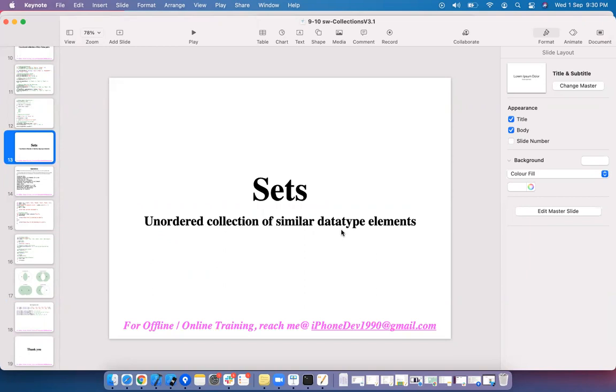You cannot have dissimilar elements, and you cannot also have the duplicate elements. Whereas in arrays, you can have the duplicate values. Whereas in dictionaries, you can have the duplicate values, but not the duplicate keys. Whereas in sets, you cannot have the duplicate values. Array contains index to refer the particular element. Dictionaries contain keys to refer the particular element. Whereas set does not contain any key or any index to refer the particular element.